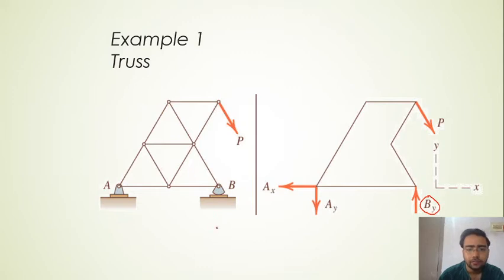So what happens? Suppose this is point B, and this is the foundation. I have separated point B and the foundation, right? Because of the weight of the system, point B will apply some active force. There will be some force that point B is applying on the foundation, right?